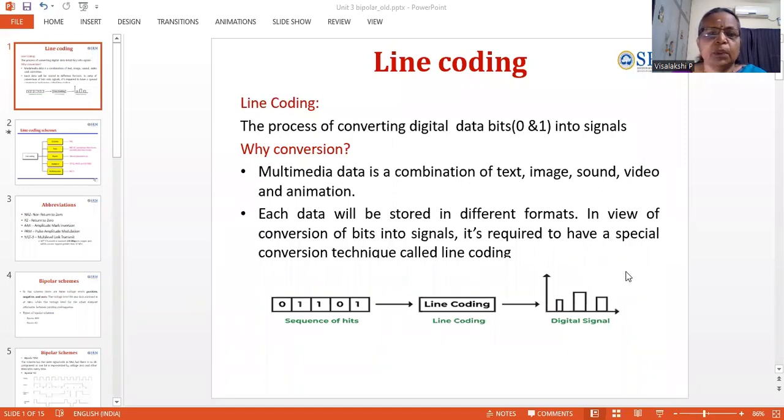Today we will discuss a line coding technique. It's a process of converting your digital data into signals. Let us see why this conversion is required. When you deal with